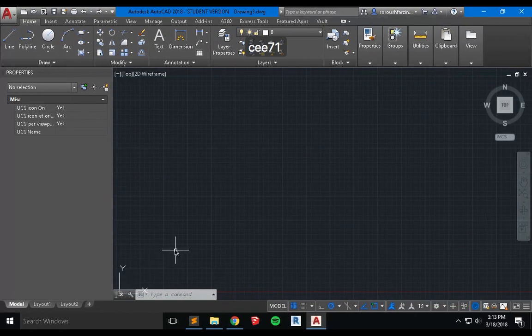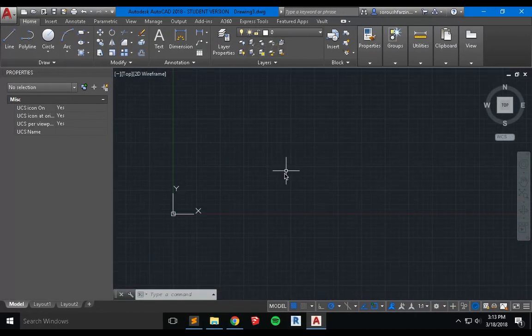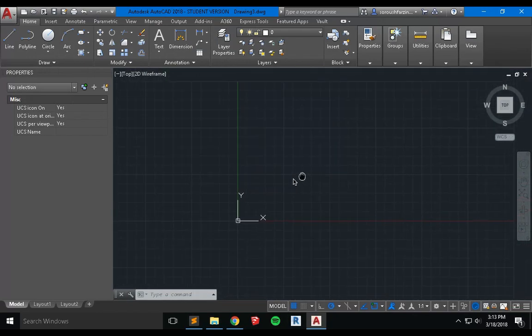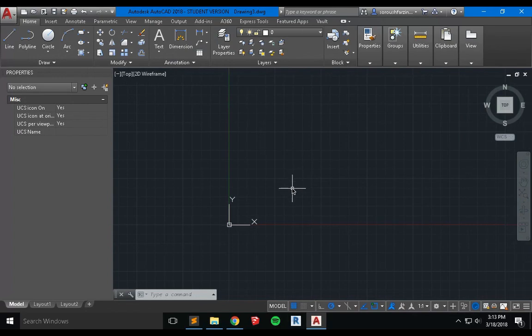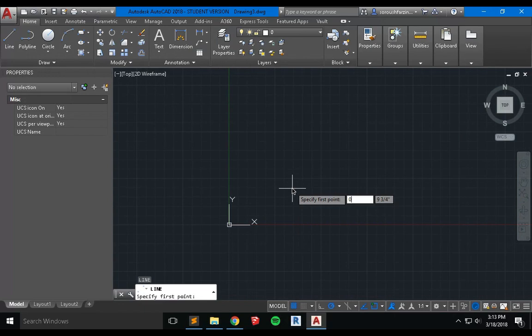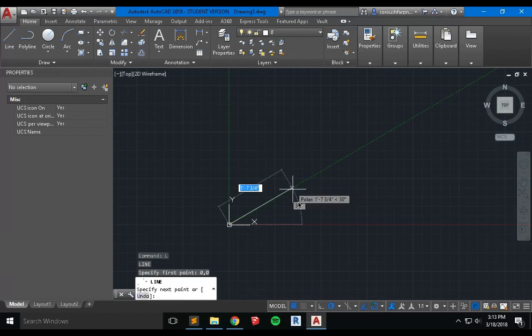So I'm gonna go over and move my mouse a little bit here. Okay. If I press the scroll bar, I can just change my drawing area to a different place. So now I'm gonna draw a line, and I specify the first point as 0 and 0. Okay. The second point is gonna be one edge of this equilateral triangle, which is 7 feet, and